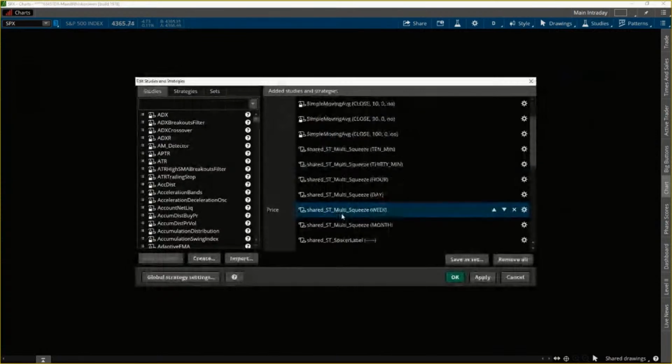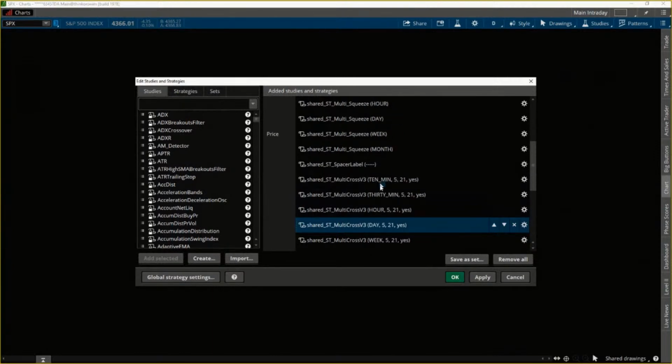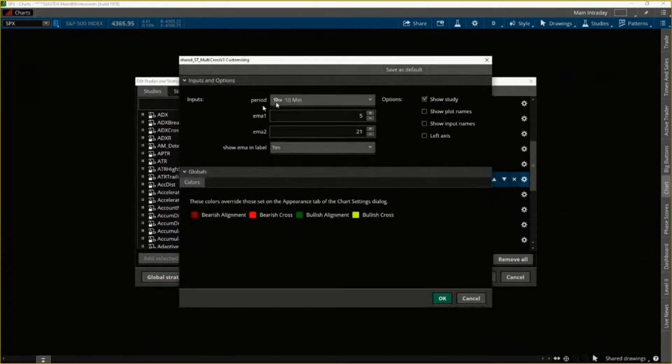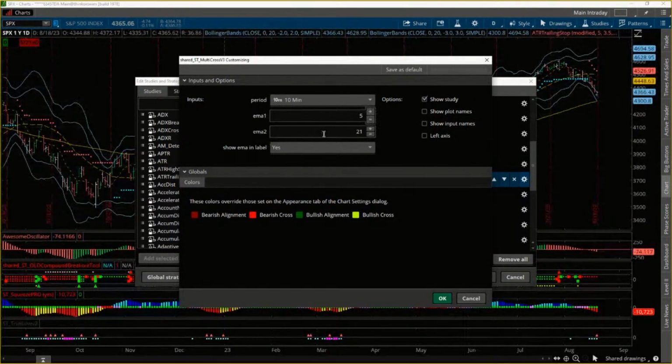After the multi-squeeze indicator, you can also see there's a little spacer label that's not really anything other than it just breaks apart where the multi-squeeze indicator is versus the multi-crossover tool. The multi-crossover tool is also a proprietary indicator at Simpler Trading. And this one basically helps identify, based off the EMAs, if they're stacked up or stacked down or if they're